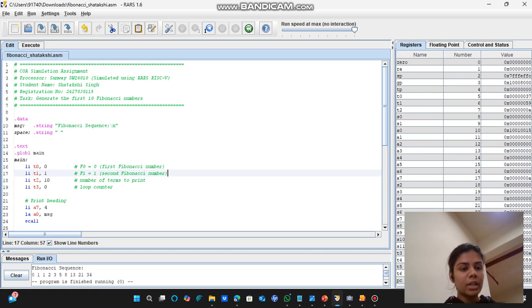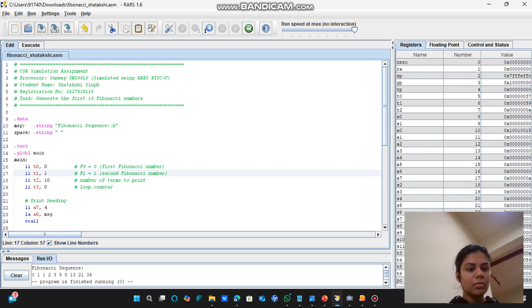Then in the text section, I start the main part of the program. I load the first two Fibonacci numbers, 0 and 1, into registers T0 and T1. I also store the total number of terms to print, which is 10, in another register. The program then enters a loop where it calculates and prints each number.